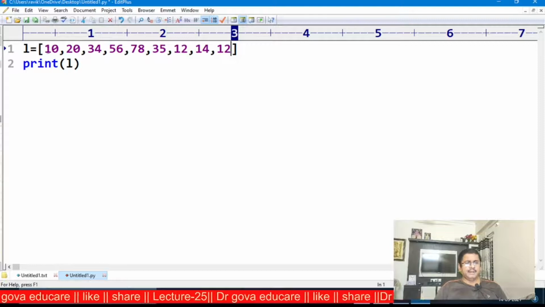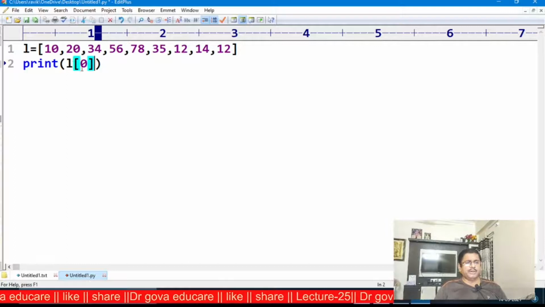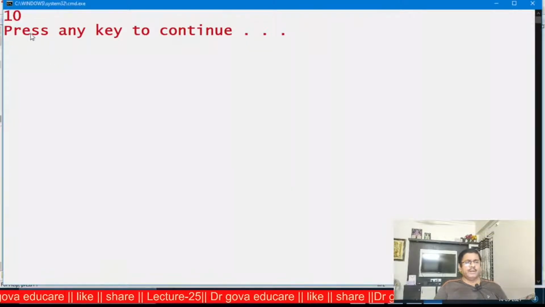These are the list. I want to retrieve the 0th element, that is L of 0. On executing this, output is 10. L of 0 is 10.